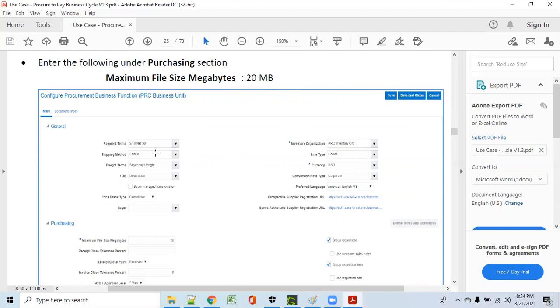If you open the procurement area, the system will allow you to define what payment term you want, what the method is, freight terms, FOBs, all those things. After creation, you just come here and select from the LOV.